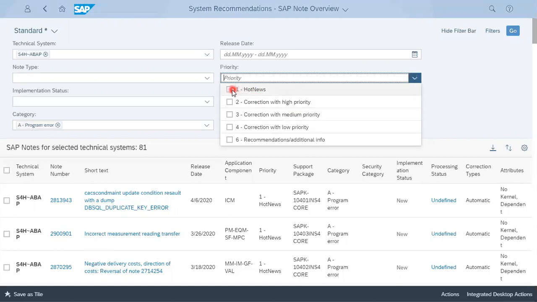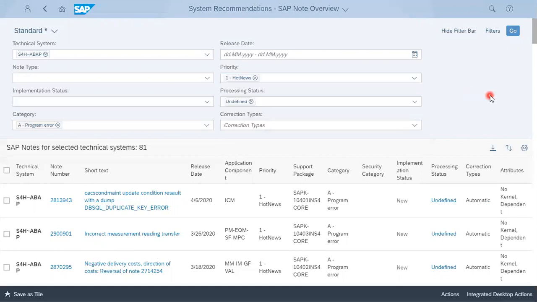So if it is priority hot news, and it has the category program error, it means that it is a critical one. So it depends on hot news, priority, and program errors. It is the critical one, or based on your choice, you can use that.